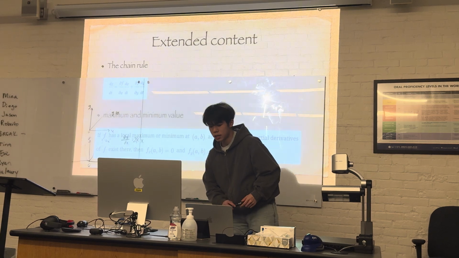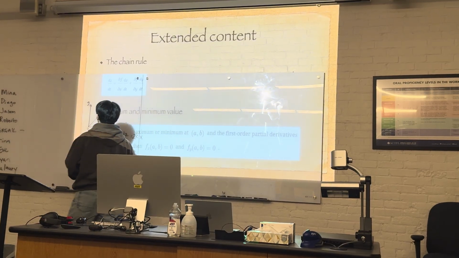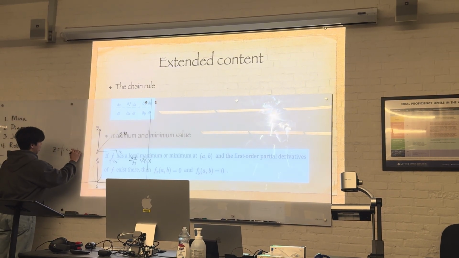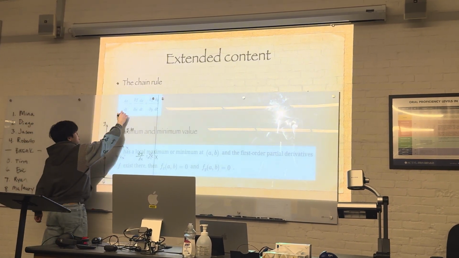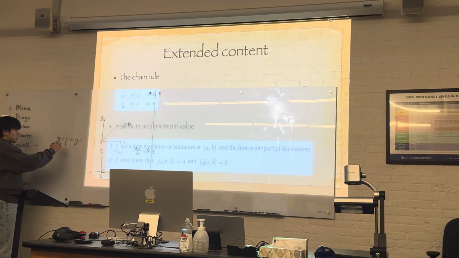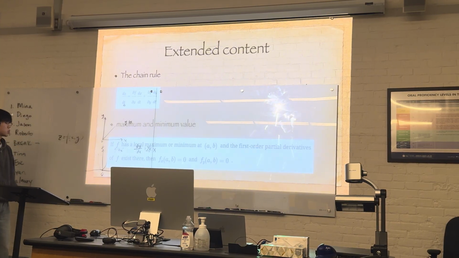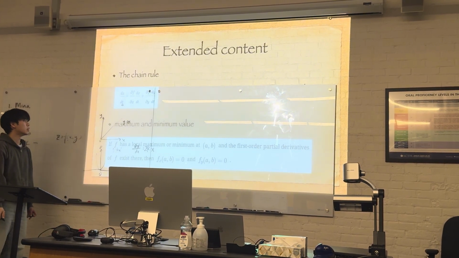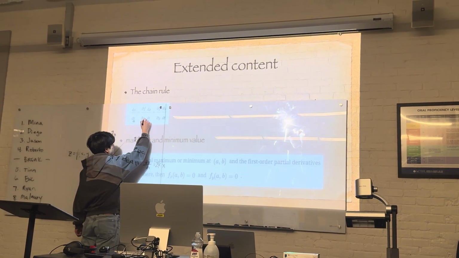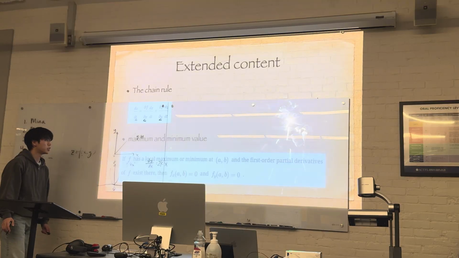So here is some extended content. The first piece of knowledge is the chain rule. The chain rule means if a function, just like this one, has x, y, and z, but there is another variable, maybe like t, that does not appear in this function. So maybe the question will give us the connection between t and x and between t and y. And so we always want to solve the partial derivatives of x and y with the original f